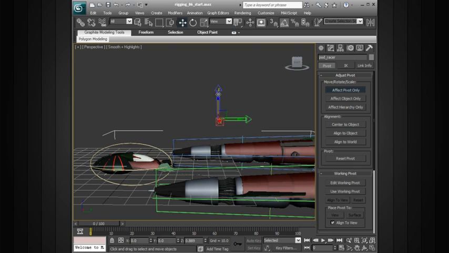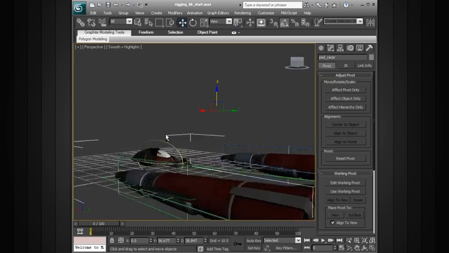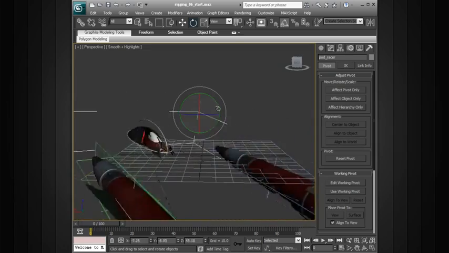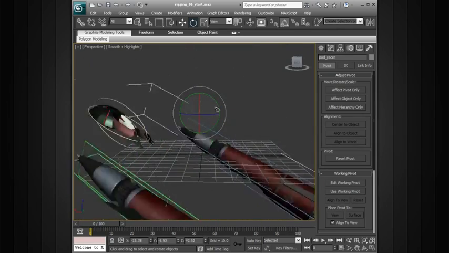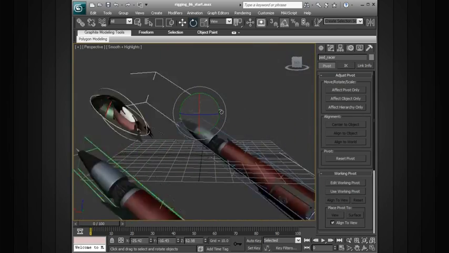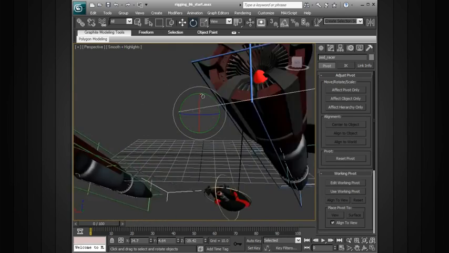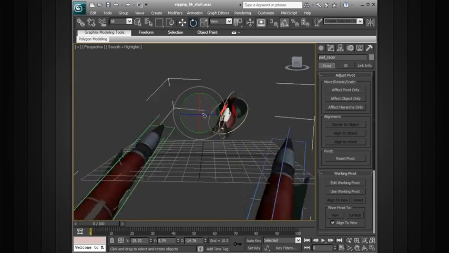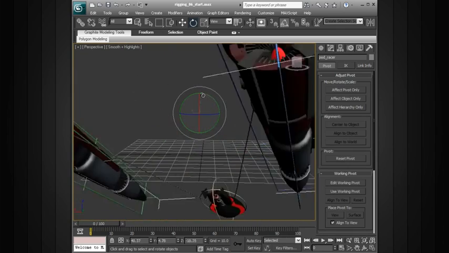So notice now, from bringing this just a little bit higher, watch this, if we were to go ahead and turn off the Affect Pivot Only mode, and now start to rotate this, you get an idea of what this is going to do. We now have a different spot where we're controlling this pod racer from. And though changing the pivot might not work great here,